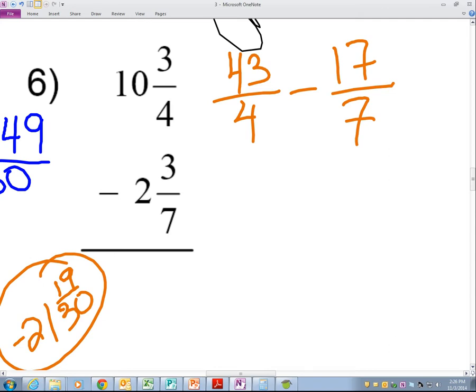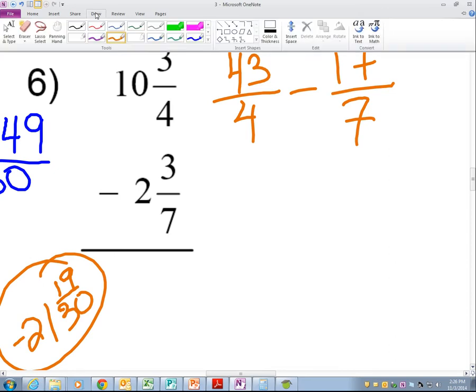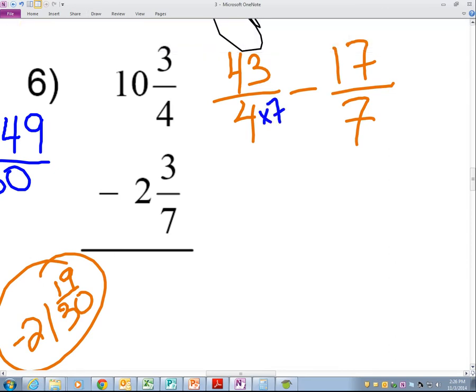Okay? The least common denominator between these two is 28, which means that I'm going to multiply this by 7, by 7, by 4, by 4. 43 times 7 is going to be 40 times 7, which is